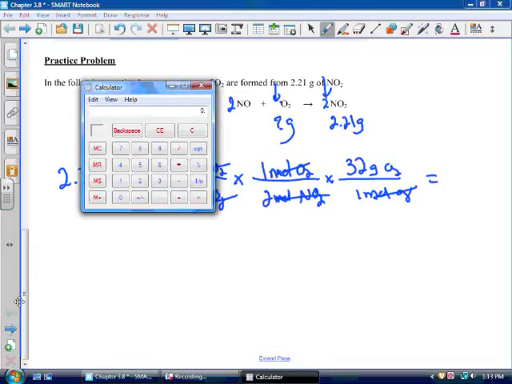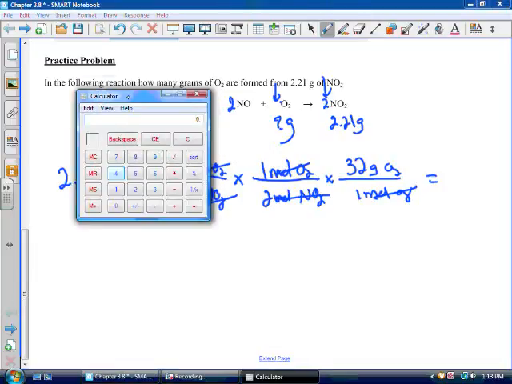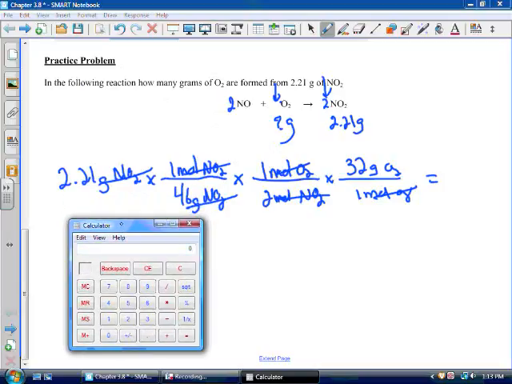So I take my calculator, pull it up, and I put in 2.21 times 32 divided by 46. Now be careful when you do this next step, because I see a lot of people say 2.21 times 32 divided by 46 times 2. And when they do that, they put the numerator, and basically you're taking that 2 out of the denominator, putting it in the numerator. Every time you do that, make sure you hit divide again by that number. Divided by 2 equals. And my answer comes out to be